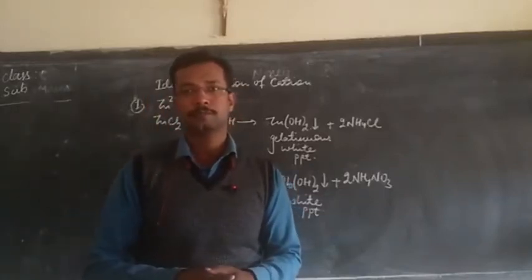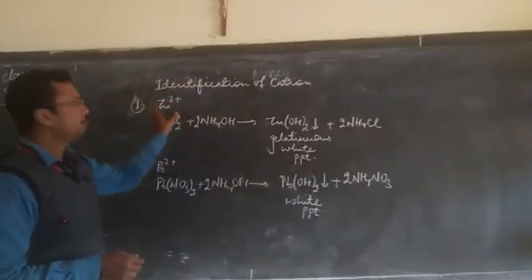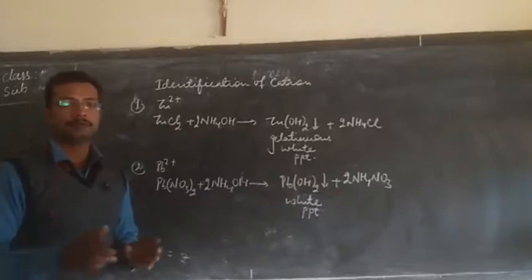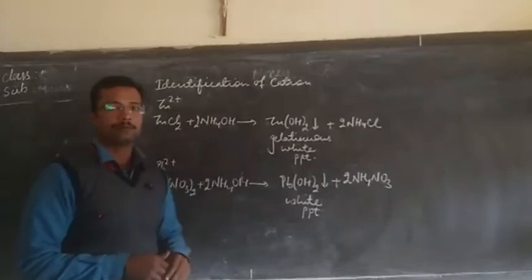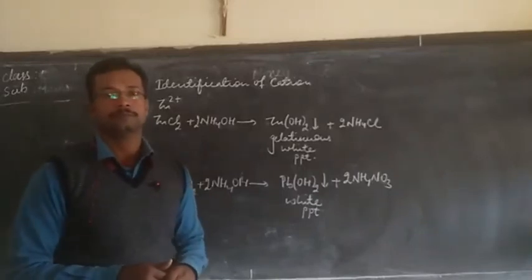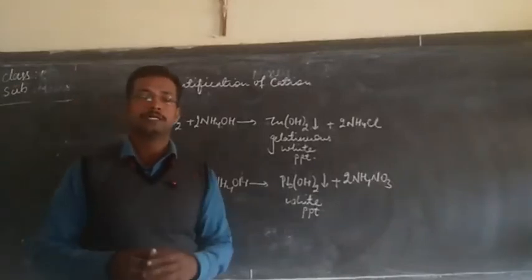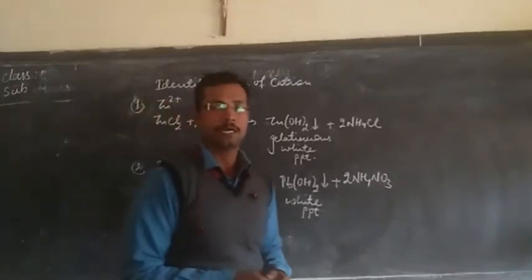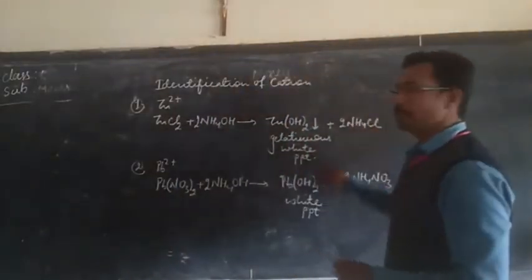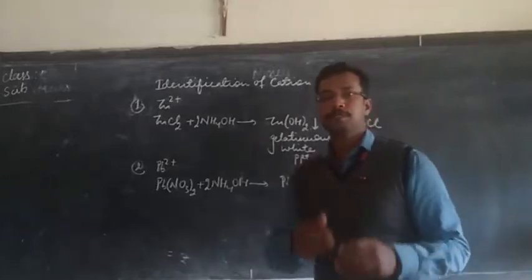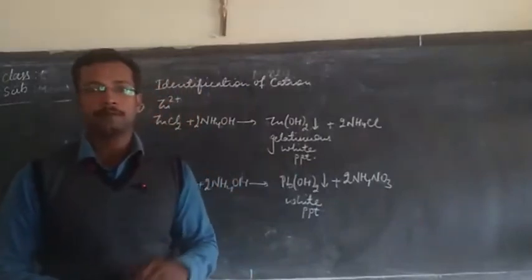the salt. For example, in order to identify zinc ion, we will first take zinc chloride or any other soluble source of zinc, and we have to add ammonium hydroxide to it. In this case, on adding, we will find a gelatinous white precipitate of zinc hydroxide forming along with ammonium chloride. So let us first see whether we are getting that gelatinous white precipitate on addition of